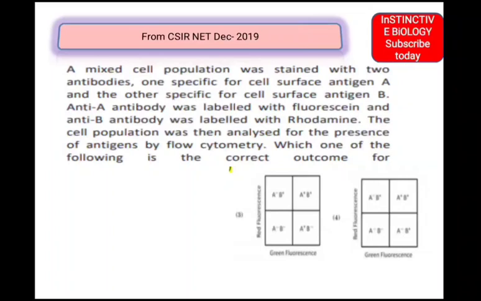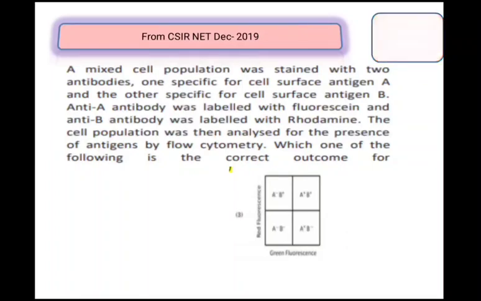Now about the third and the fourth option. You have to see the options carefully. In the lower left panel A minus B minus, upper left panel A minus B plus. Now let us go to the next option, A plus B plus. In the lower right panel A plus B minus should be the correct option because A cell should have green color fluorescence, which is depicted in the third option very correctly. So the third is the most appropriate answer and it is the outcome of the experiment.